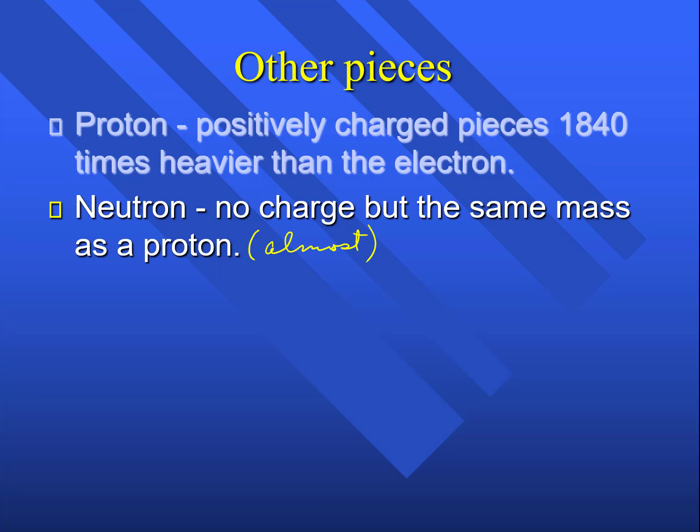Your book doesn't tell you how they know about neutrons, because neutrons are going to be a pain. Think about what they've done so far to find the pieces. They use charges. Thomson used charge to move a positive and negative thing. Rutherford used the positive charge to get it to affect that positive in the nucleus. How are you going to find something without a charge? Well, the answer is,